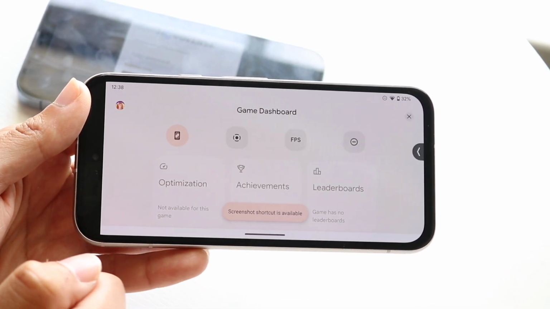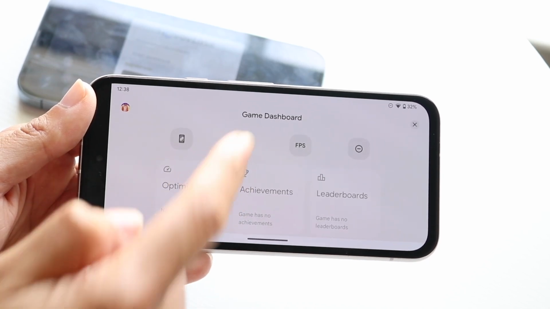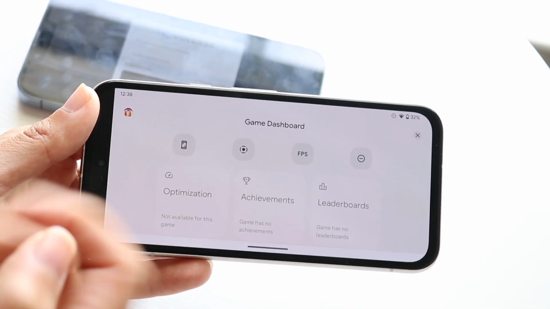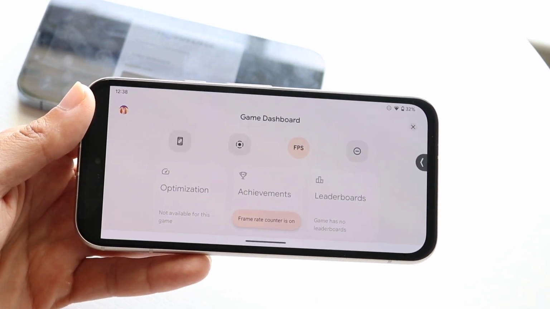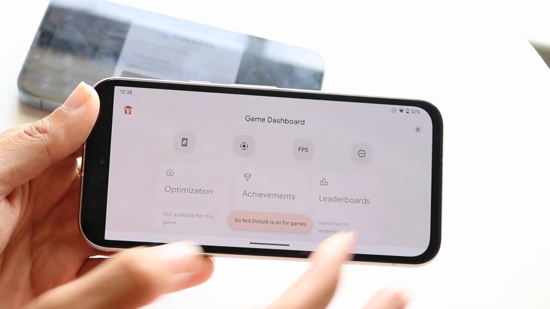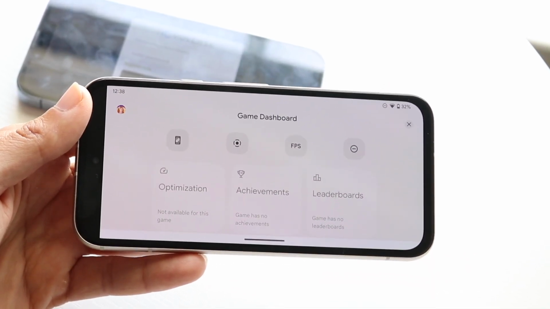See right here, if we click right here, you can take a screenshot and have that screenshot option available there. You can also tap on here if you just want to record straight into it quickly, you can do that here. If you want to enable FPS, you can do that here too, which is really cool. If you want to click here, which is Do Not Disturb, you can also have that here. And both phones will allow you to have Do Not Disturb mode and specific game Do Not Disturb mode options